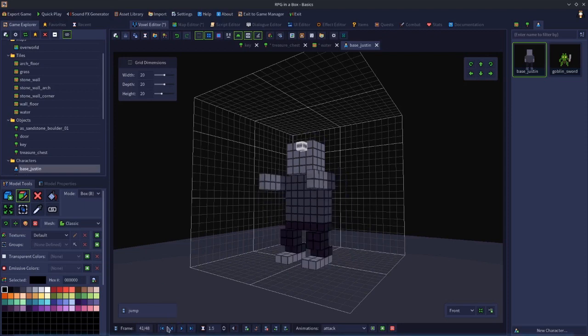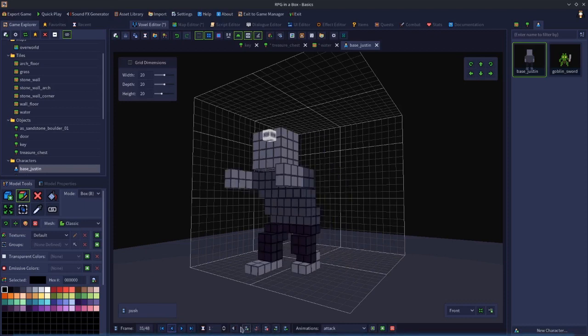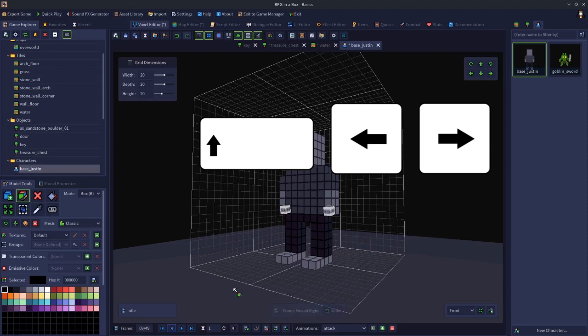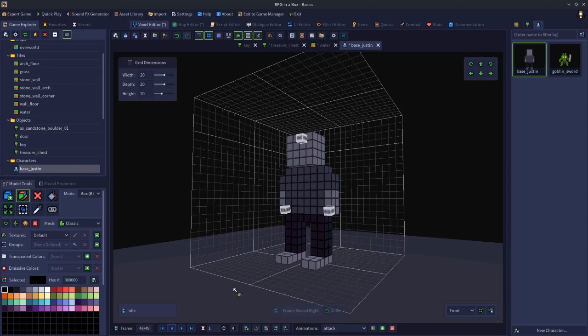Okay? The other thing that you can do with the keyframe stuff is if you want to shift frames. So for example, let's go back to frame 1. And let's say we duplicate this frame, so Control D. But this frame that we've duplicated is currently at frame 2. We want that to be at the very end. We want it to be 49 rather than frame 2. So you can either click these buttons here, or you can hold the Shift key and the arrows, and that will, in this case, move the frame all the way to frame 49. Shift and right will move it to the back. Shift and left will move it forwards. Okay? So there's your